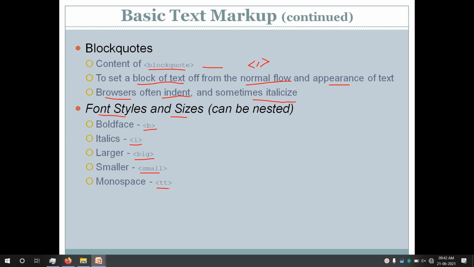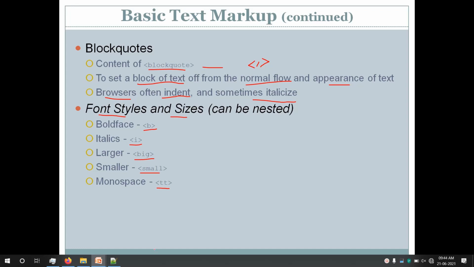Monospace, that is TT, which displays your text in teletype font, that is monospace teletype font. So these are the tags which can be used to style your font and change the size of a font. Let us look at some of these tags with an example.